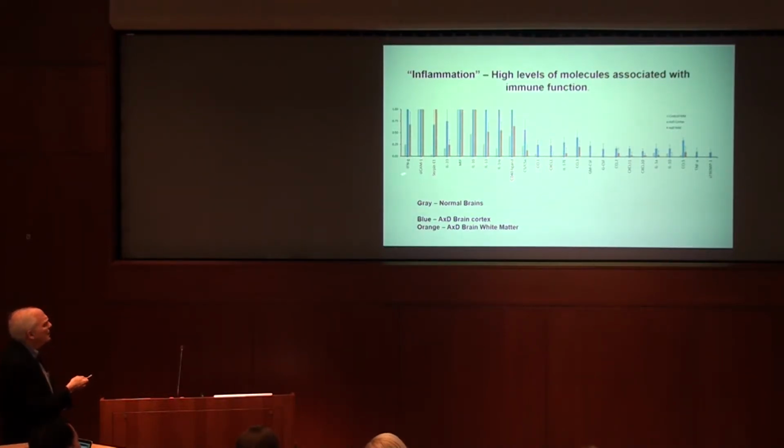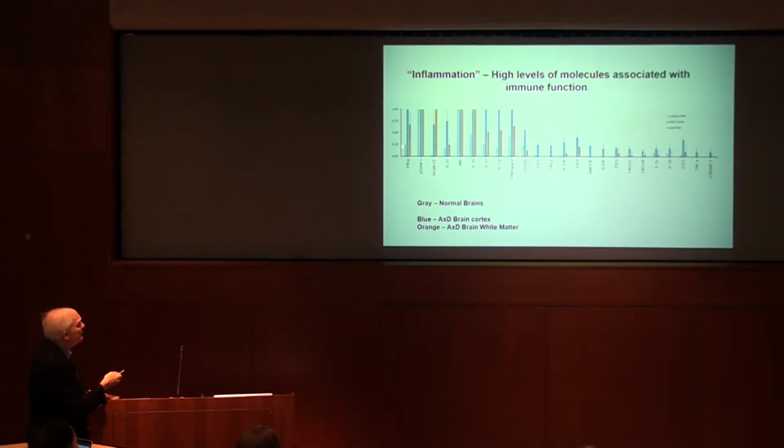And this is just to show you, these are actual protein levels of these various inflammatory molecules. We've looked at a few human brains, and these are frozen tissue brains, and compared them to some brains of normal people of the same age who don't have any neurological problems. And if you just focus on the gray here versus the blue and the red, you find that there are many of these inflammatory molecules whose levels in the Alexander brain are much, much higher than one finds in the